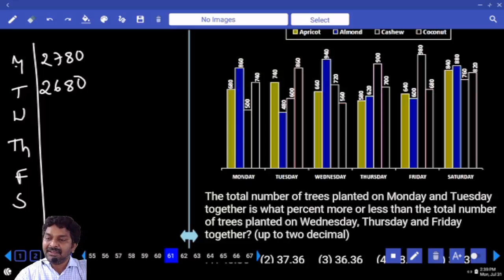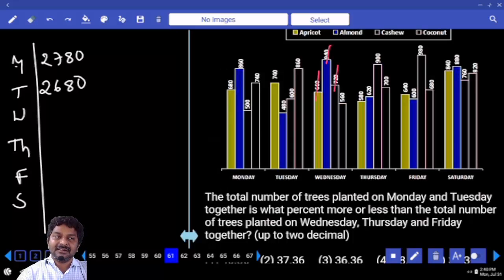Wednesday, even here also I'll try to get that. 660, 940. 1600, 1600 plus 700, 2300. 2300 plus 500, 2800. Leftover values are 2060 only. So total value